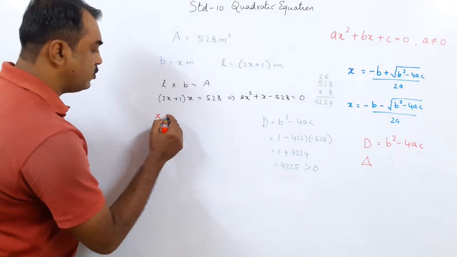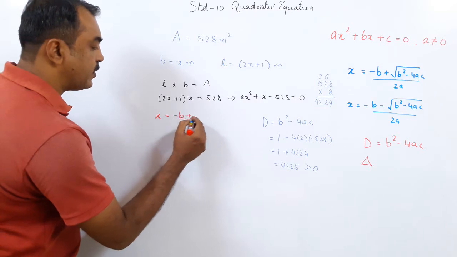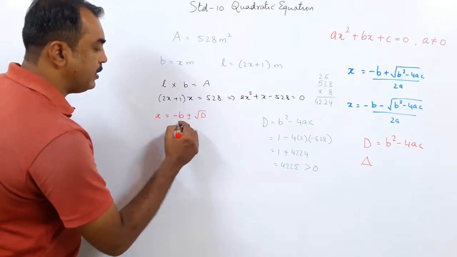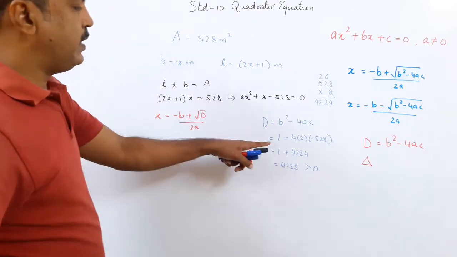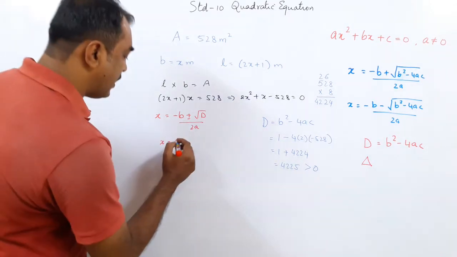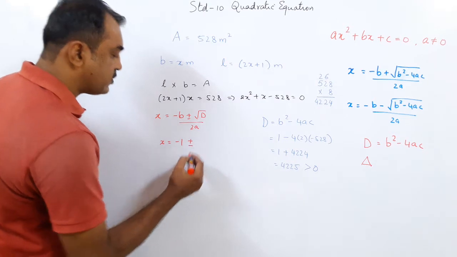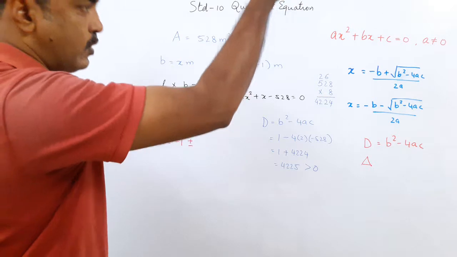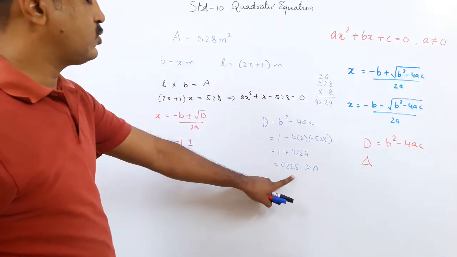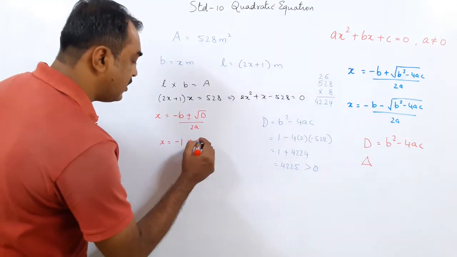x is equal to minus b plus minus under root d upon 2a. So what is your b? The b is 1. So we'll write minus 1 plus minus under root d. What is the square root of 4225? We'll have to do the factorization and find out the square root. The square root of this is 65